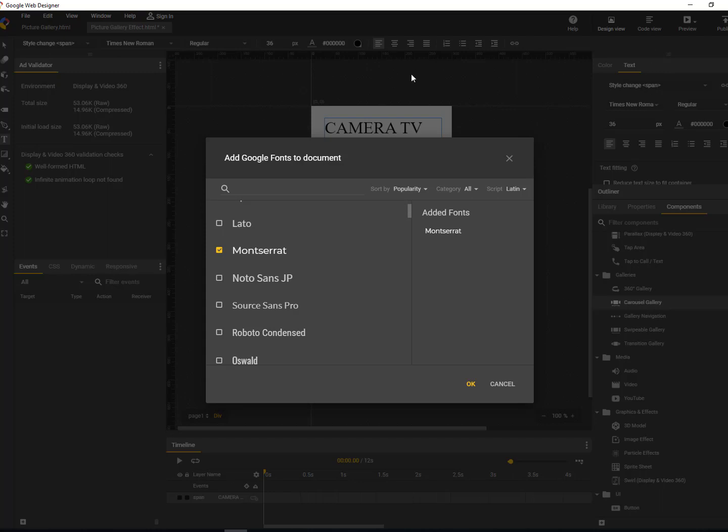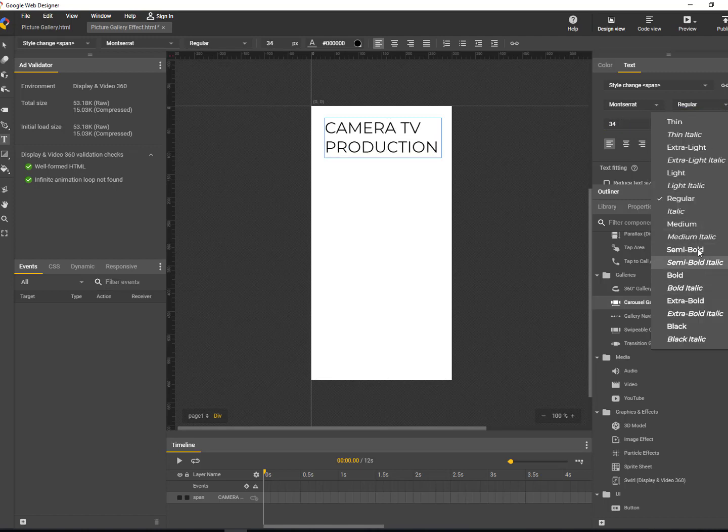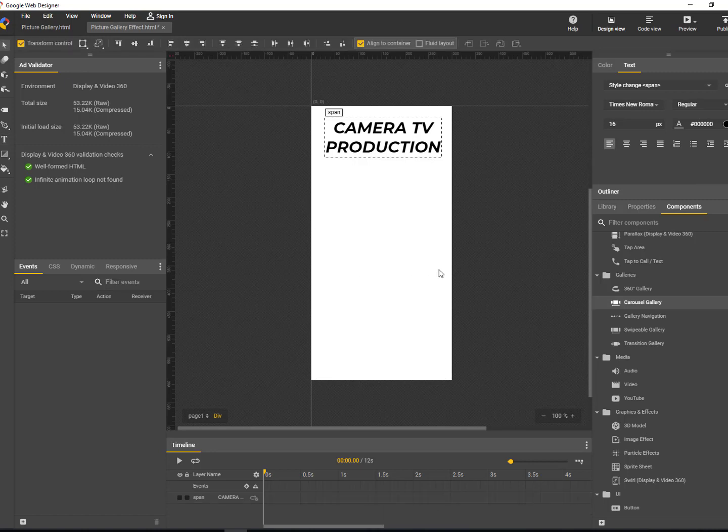If you want to add more fonts, go to the font and add fonts to document. Click which one you want to add to your Google Web Designer, and then click OK. So you see it now appears in your Google Web Designer. Adjust. I will put bold italic. Go to the middle section. Okay. Now I want to put this